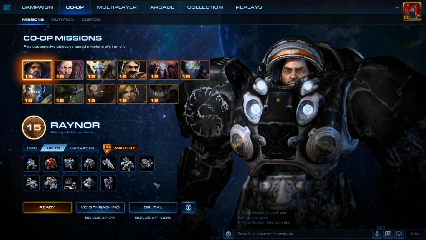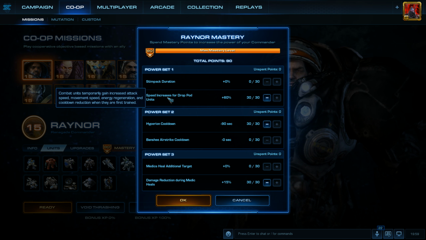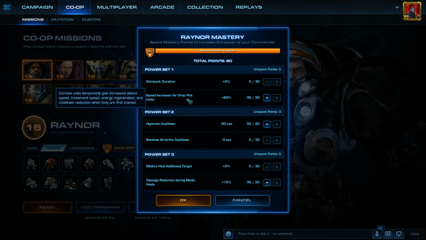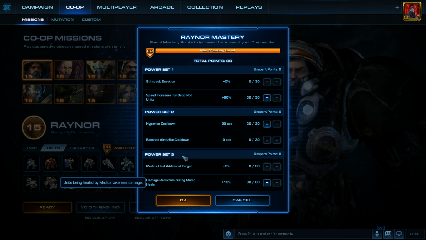We're going to be playing on brutal difficulty, and then for mastery skill points allocation, for power set 1 we're going to use speed increases for drop pod units, and yes, the Vikings actually do drop pod. So everything Raynor has drops in. So you do get the speed increase for your Vikings for attack speed and movement speed, and it's pretty darn cool. And then we're going to use Hyperion cooldown for power set 2,